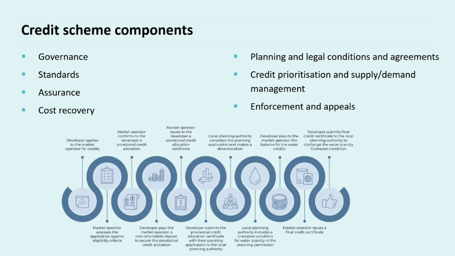Section 106 agreements are almost certainly going to be required at some point in the process, and Grampian conditions might be useful as well for helping with the planning stage. And in the early stages of a scheme, demand is almost certainly going to significantly outstrip supply, and so prioritization will be necessary. And that can be used by the local authority to either unlock schemes that are at reserved matter stage, those that are allocated in the local plan rather than windfall or speculative developments, or maybe to prioritize the delivery of social housing.